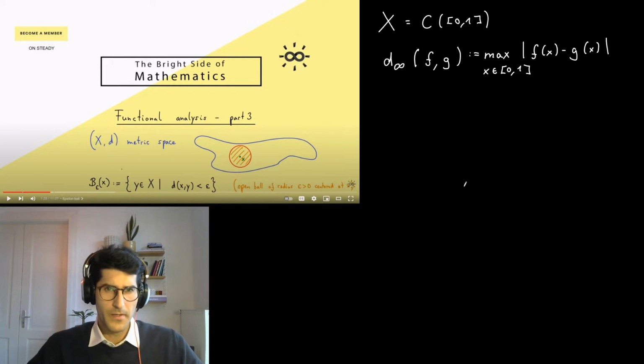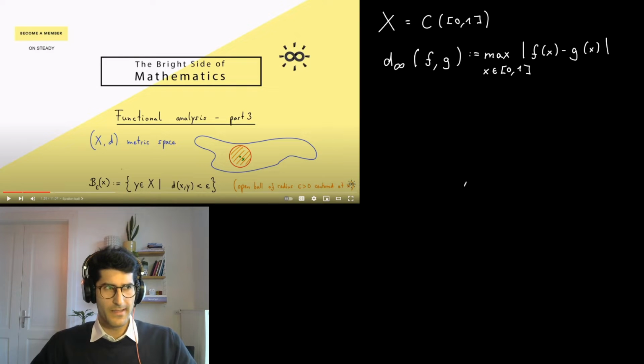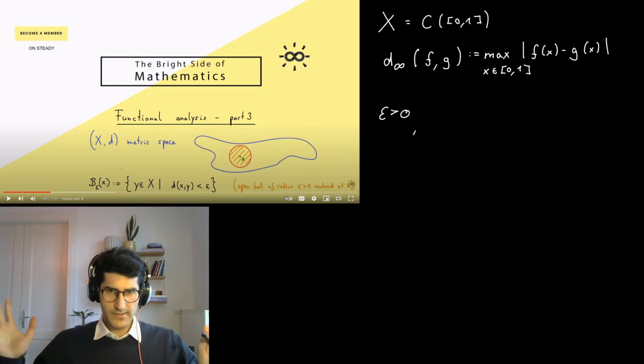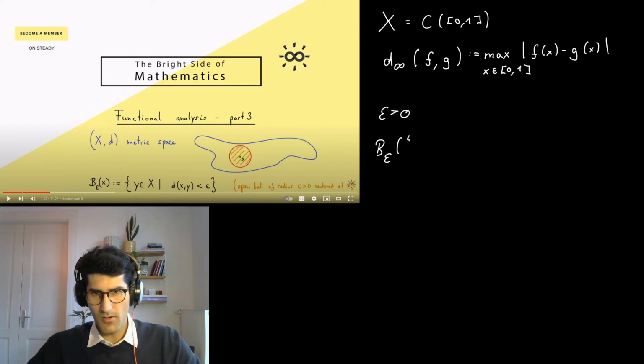So how does an epsilon ball look like in this space? Let's find out. First of all, let's write down the definition again, but now with our precise setting. So let epsilon be greater than 0, and let's just assume we have a function f. Then the epsilon ball of f in our setting